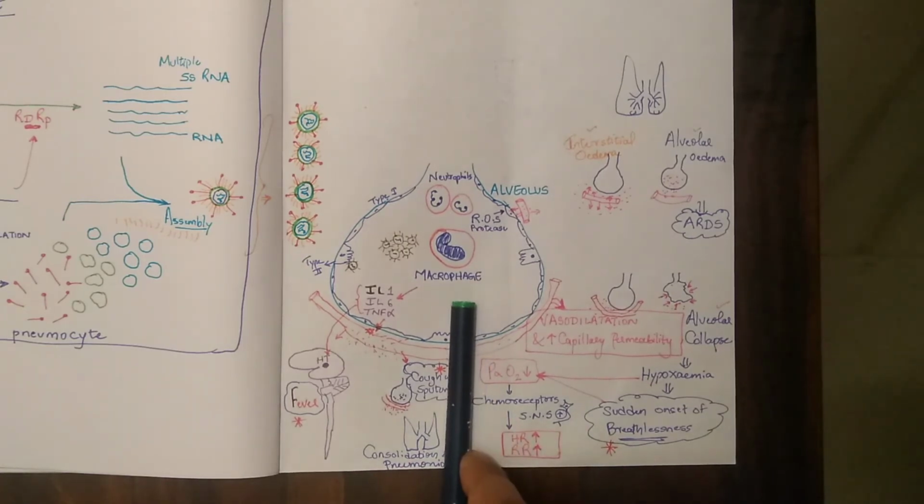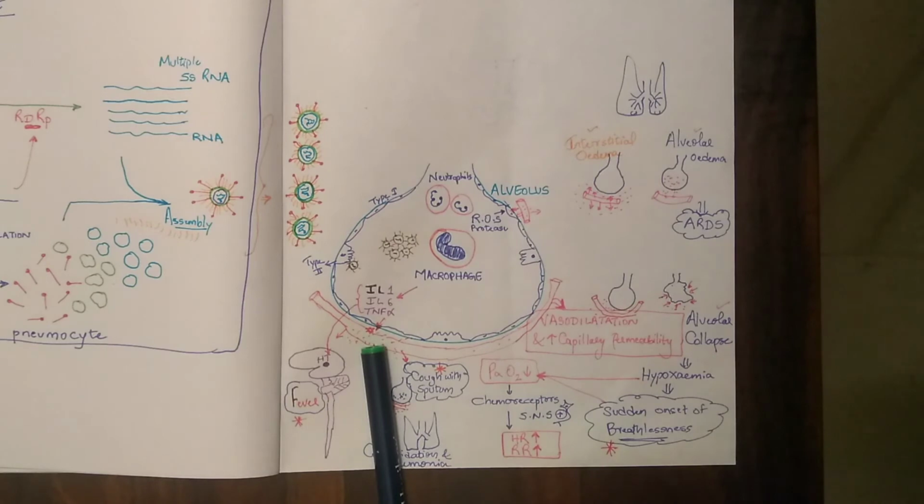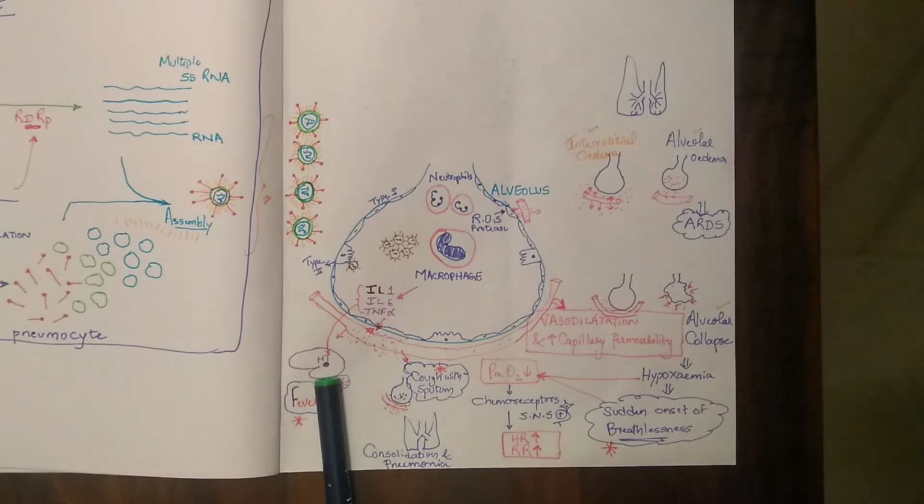Also to note, the macrophage which has produced interleukin 1, interleukin 6 and TNF alpha, tumor necrosis factor alpha, which has caused direct damage to the pulmonary capillary, will also pass through the bloodstream to reach the brain. In the brain, it reaches the thermoregulatory center in the hypothalamus. So it is stimulating that center, because inflammatory mediators stimulate the hypothalamus, causing fever. So the patient will have fever. Why? Because the inflammatory mediators in the blood have stimulated the hypothalamus in the brain. So the person gets fever.